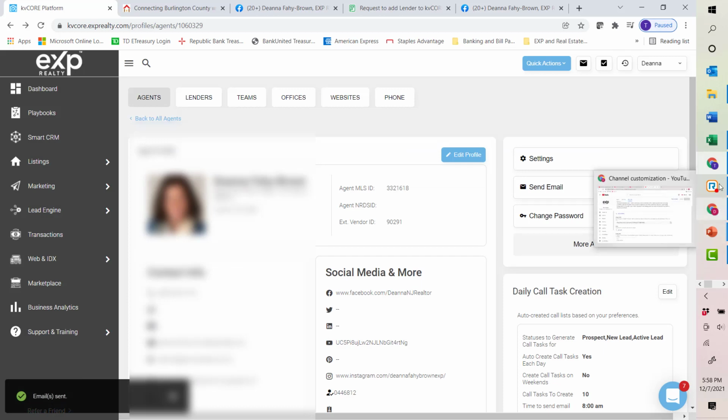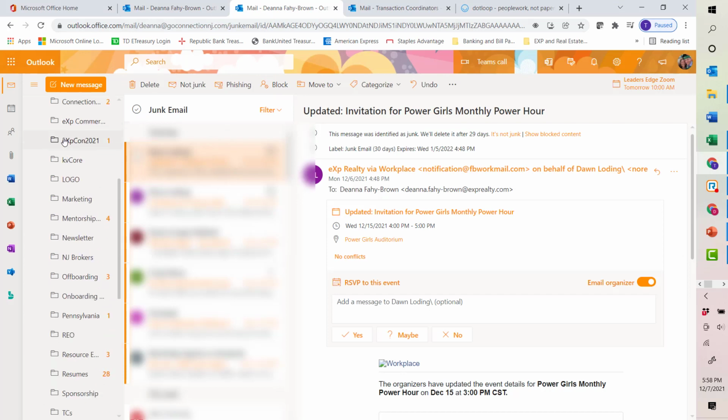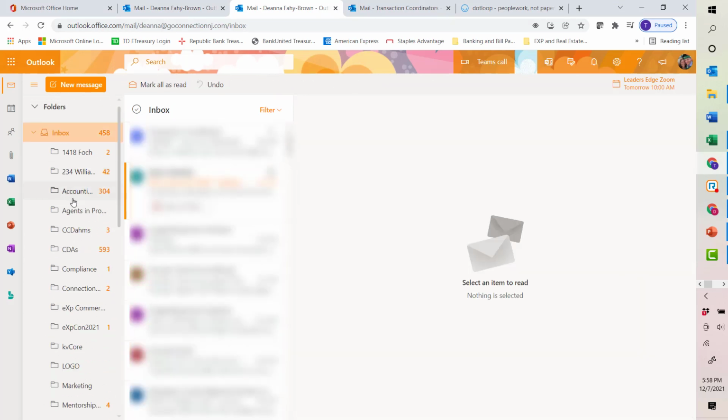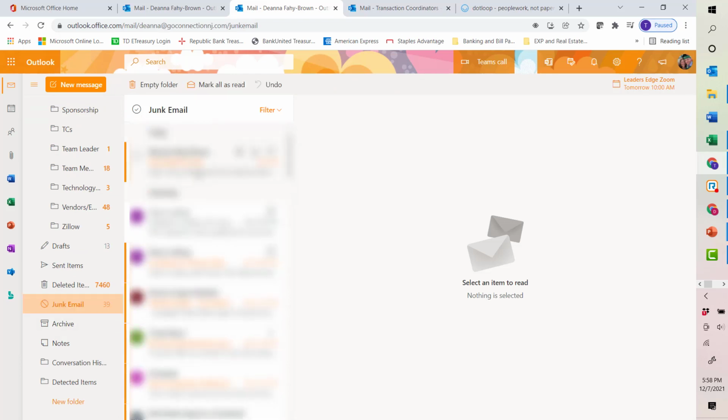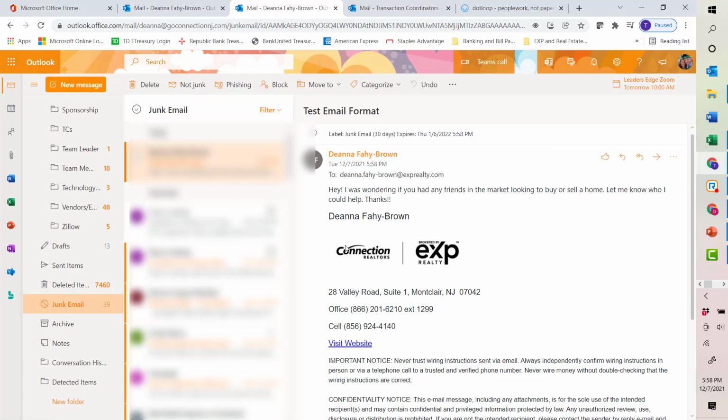Once I do that, I can hop on over to my email. And oftentimes you will see that it ends up in your junk. There are some things that you can do when you're building the email to help avoid that from happening, which I'm not going to go into today. But what I just wanted to make sure of is I wanted to see how my name and email signature came through along with the